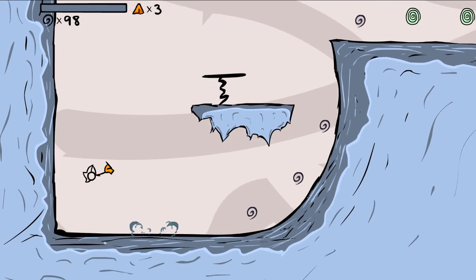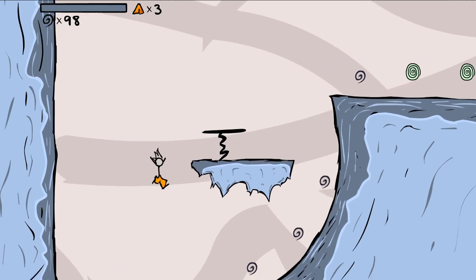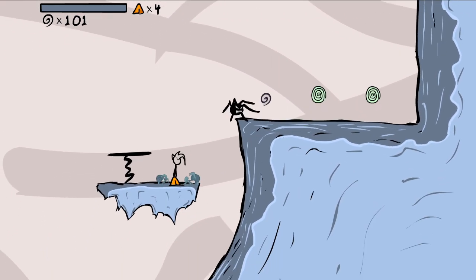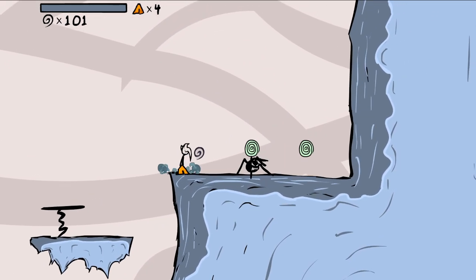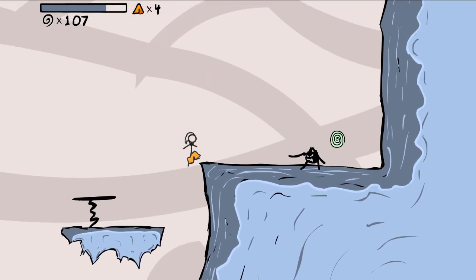Could you jump at different angles? I don't think so. No. The direction you hold doesn't change the direction you wall jump in. Oh. Just trying to get to this guy. Yep. Sometimes I try to roll into things, but...